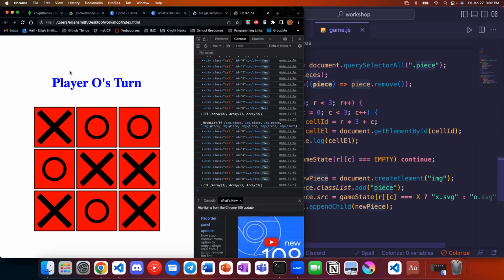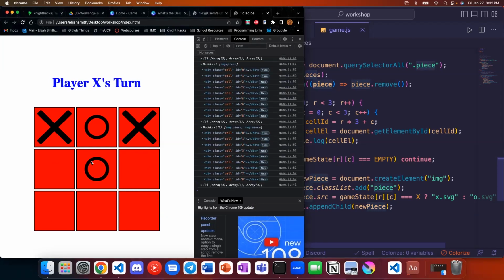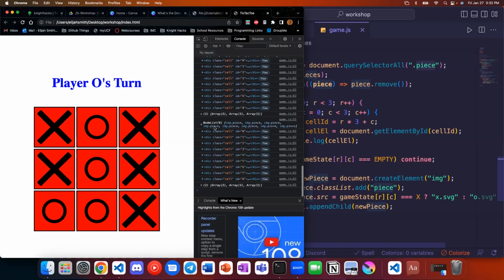So right now, there's no logic in here that checks if someone's won and stops the game or anything like that. So we could keep playing even if the game is over. That would be something that you could work on in the future. Write some JavaScript so that when you repaint, if you find that someone has won, stop the game, don't let anyone play anymore, and maybe change the color of the cell so that it's green if they won or something like that, or change it to yellow if they draw. You do some fun stuff.